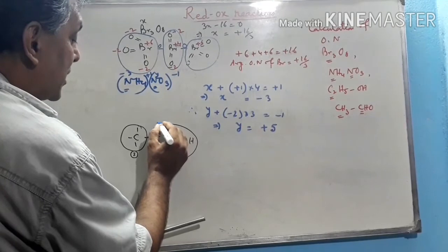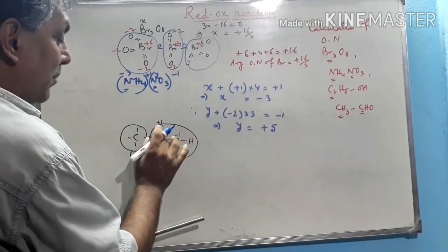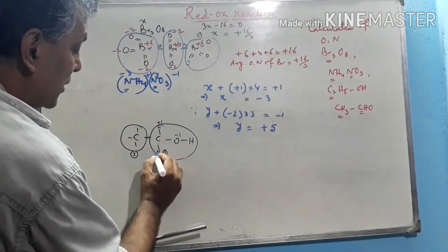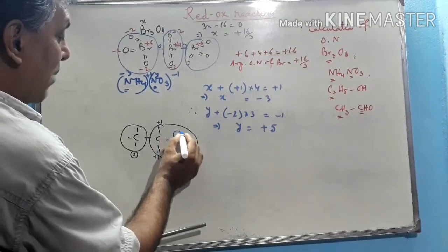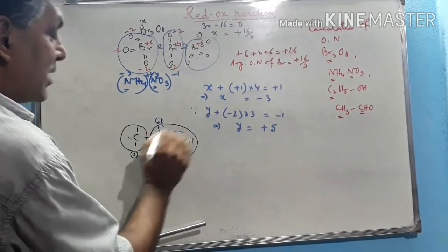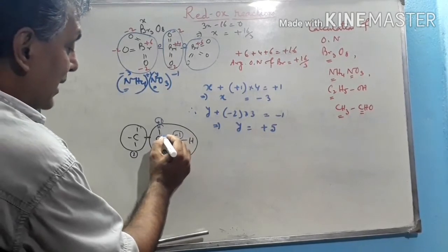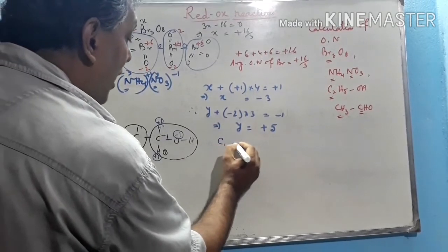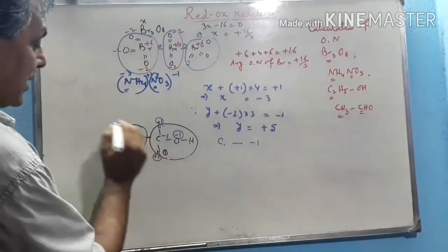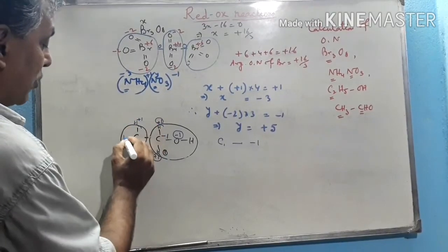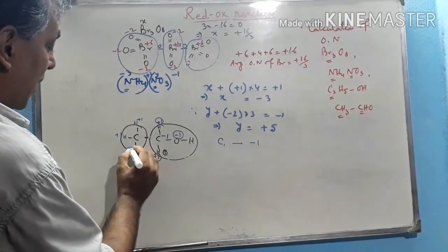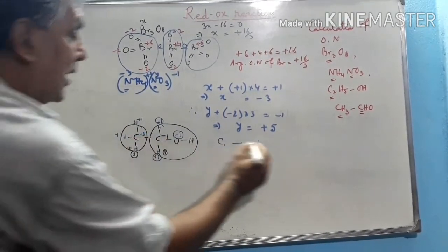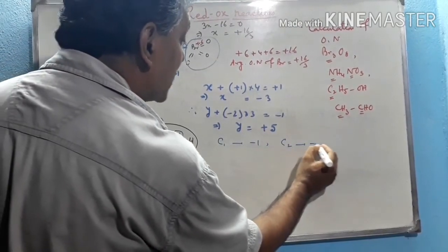For hydrogen atom this is plus 1, because hydrogen is more electropositive than carbon, since hydrogen is attached with non-metal. This is also hydrogen, so this is plus 1. So overall charge in its surrounding is minus 1, plus 1, plus 1. That means overall charge is plus 1. So to neutralize, this carbon is always minus 1. So first carbon, that means carbon 1, is minus 1 here. Again for this carbon, hydrogen is plus 1, this hydrogen is also plus 1, this hydrogen is also plus 1. So in its surrounding total charge becomes plus 3. So to neutralize, this carbon is minus 3. Therefore for C2, second carbon, it is minus 3.